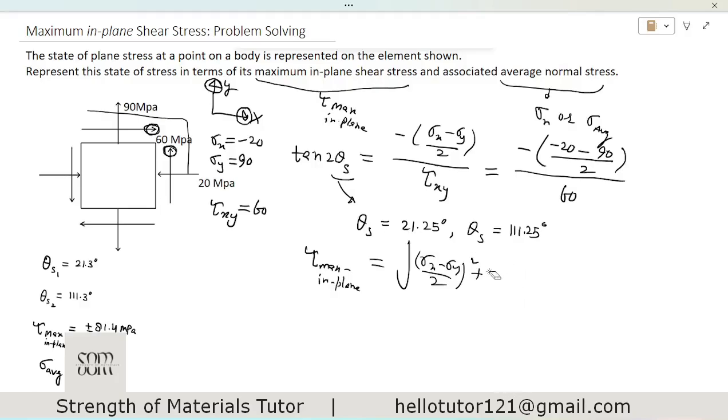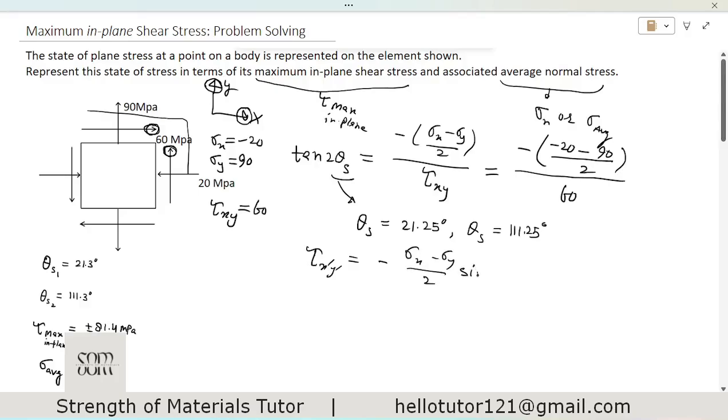So let me erase this formula first. By the way, if you have a pen and paper, you can also practice with me. These are the final answers here, and you can grab your pen and paper, try with me, and compare the answers as we have here. So I will use this formula: tau x prime y prime is equal to negative sigma x minus sigma y divided by 2,